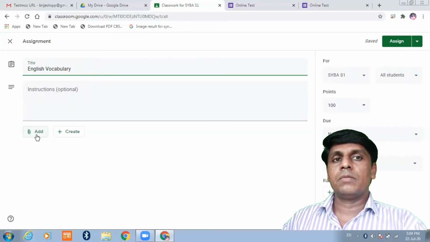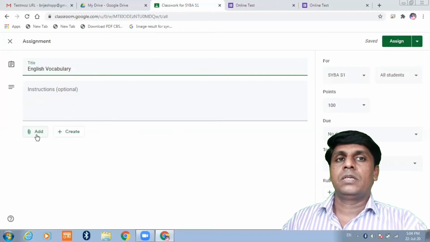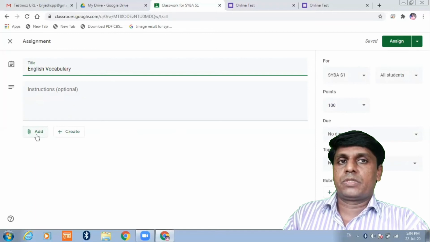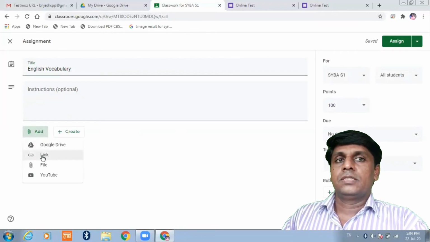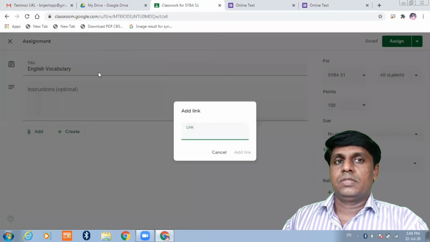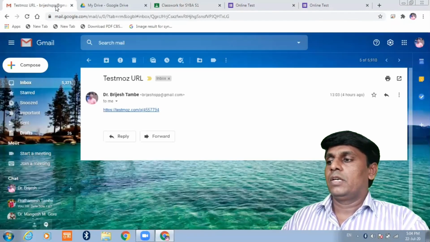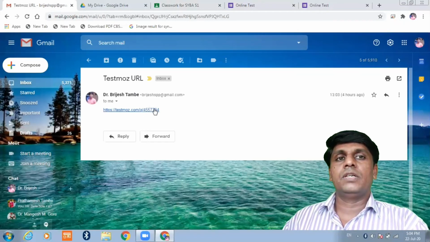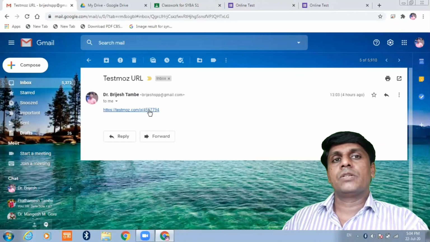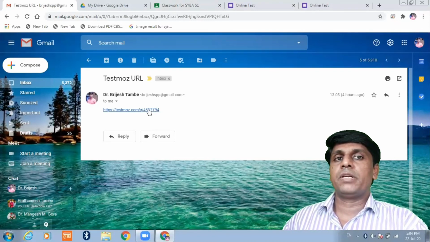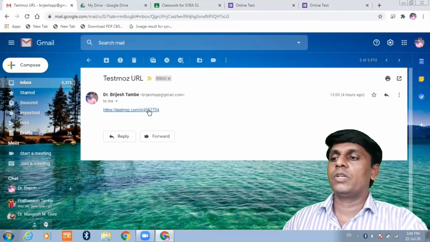And here by giving a link, you can embed a tool like Test Moz that we learned in the earlier module in the session of Dr. Pramod Padwar sir. Give the link of the examination or the quiz or the test that you prepared in Test Moz. Give the link here.